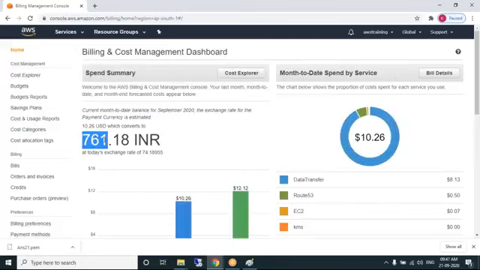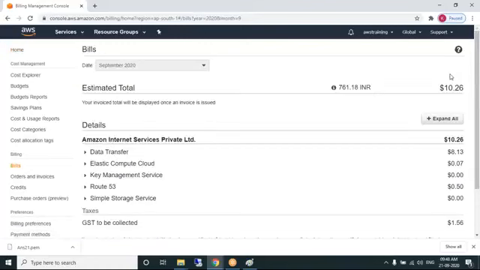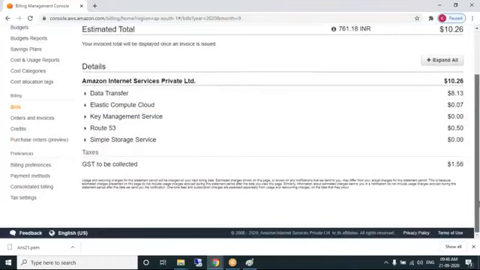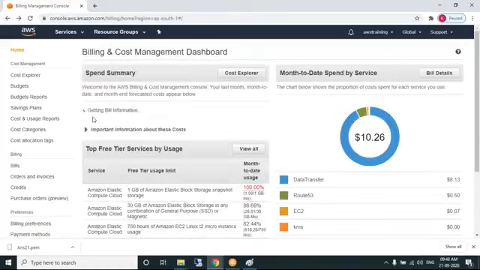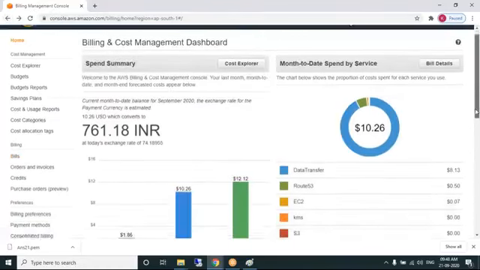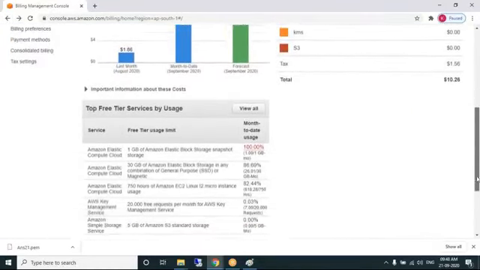Like this, here you can see the bill. Must we pay for it? No, it's not compulsory that you have to pay for it. It's just a bill, but you will not get billed, I think. Please check it from your account. And if you saved the card, will it be automatic? No, it will not be automatic. Even though you linked the card, you have to manually pay it.